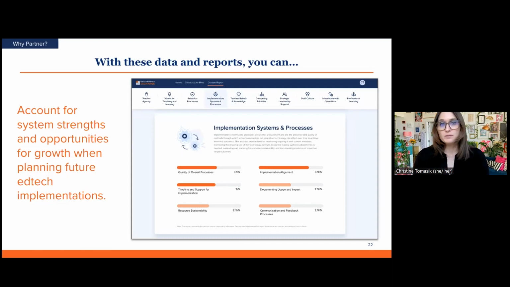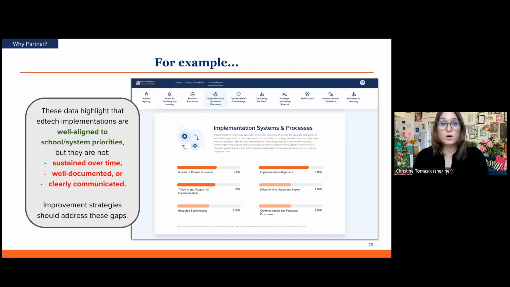And the third example I want to share is the implementation systems and processes variable. This variable captures data about the presence and quality of implementation methods to achieve intended outcomes. For this variable, you again see the name and short definition at the top, and the subscales or components, again, there are 6, that make up the implementation systems and processes variable.